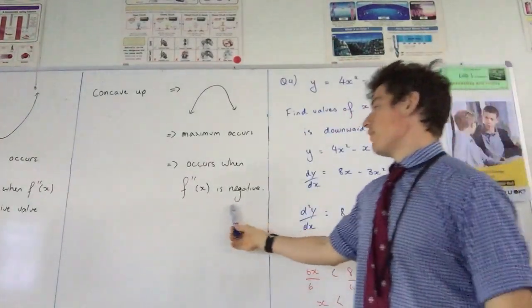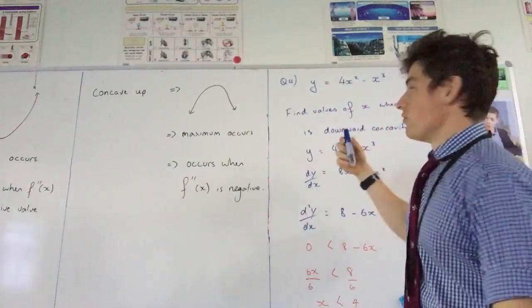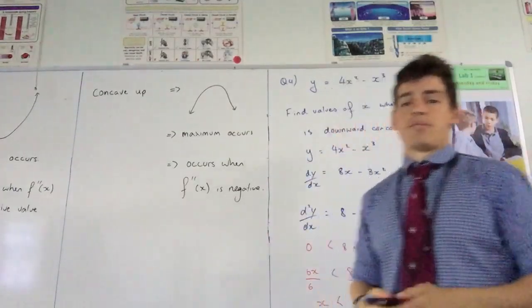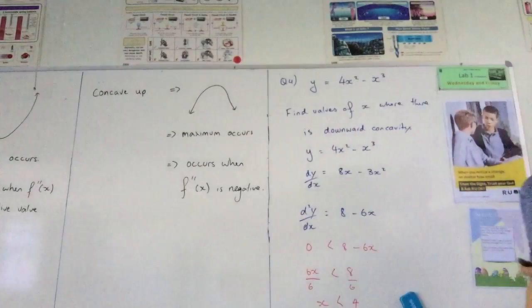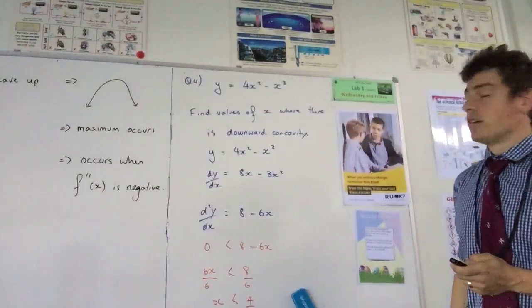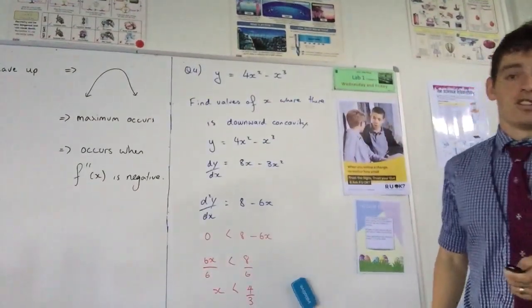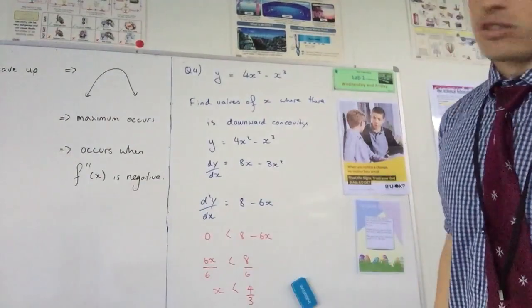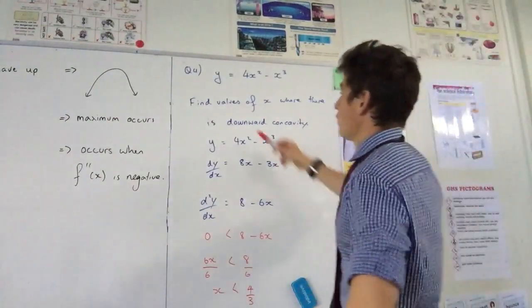That means our double derivative is negative there. Rather than talk through it, I'm just going to give you an example of how we can use this to figure out the concavity of our function. So I've given us question 4 from exercise 6.3, and that one gives us the function y equals 4x squared minus x cubed,